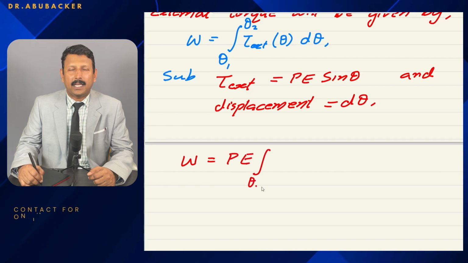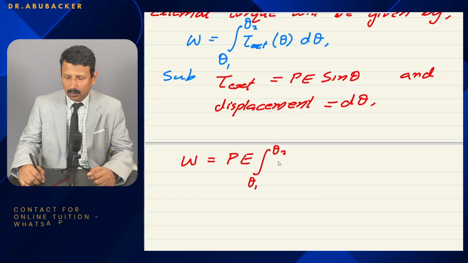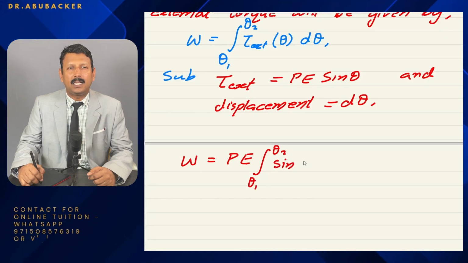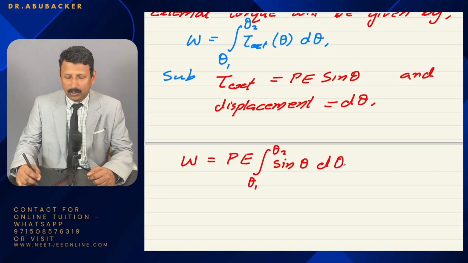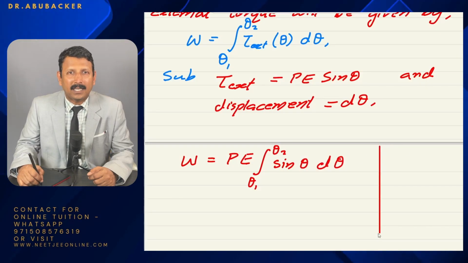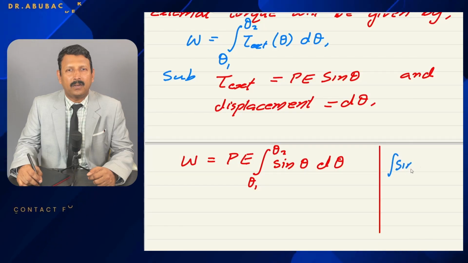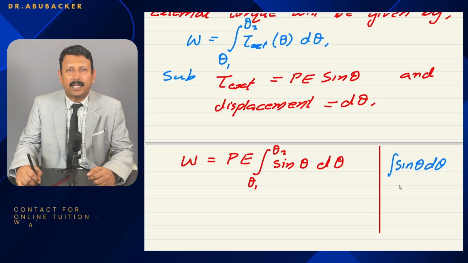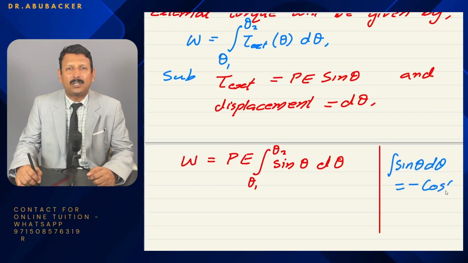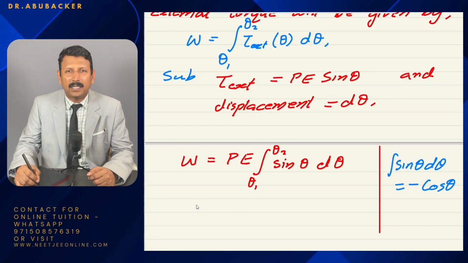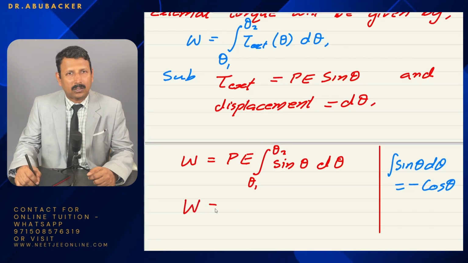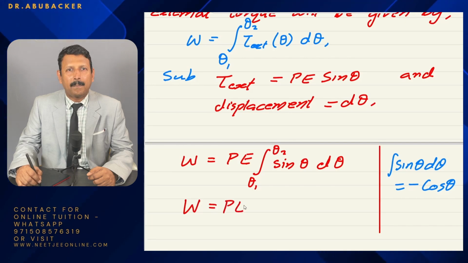Here P and E are constant, so write them outside the integral: PE integral from theta 1 to theta 2 of sin theta d theta. If you know the identity, integral sin theta d theta is equal to minus cos theta. Remember, only very few identities you need to memorize. So W is equal to PE